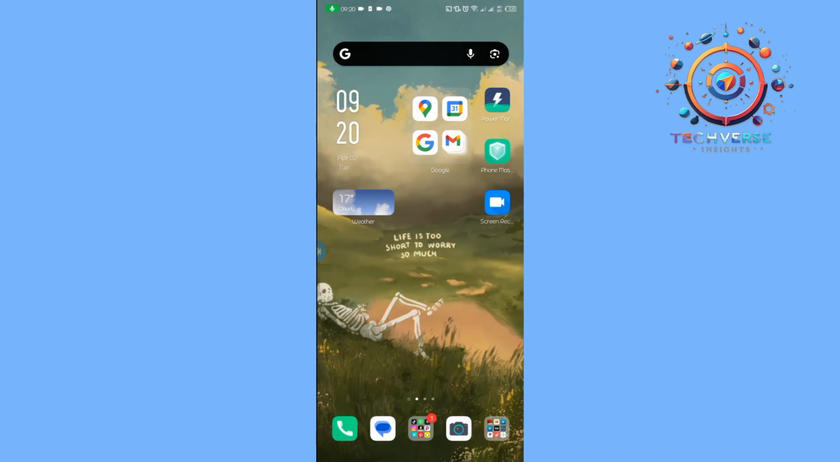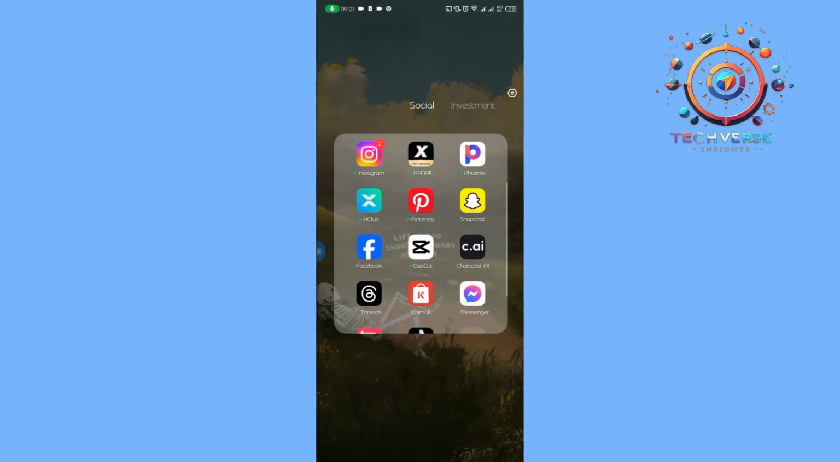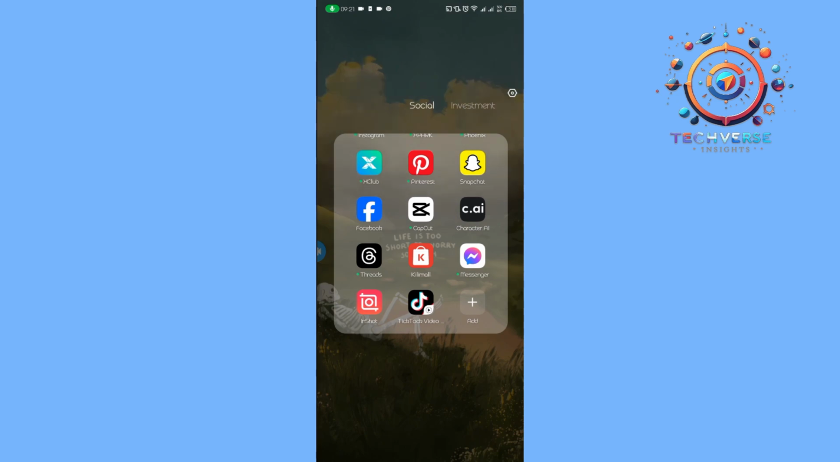Hey guys, today we're going to learn how to do motion tracking in Inshot. If you watch this video, I'm going to show you a step-by-step guide on how to do motion tracking in Inshot. So first, we're going to start by ensuring we have the Inshot app installed on our devices,